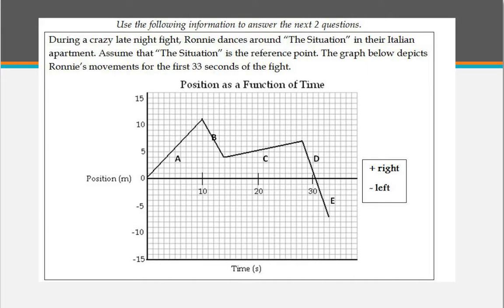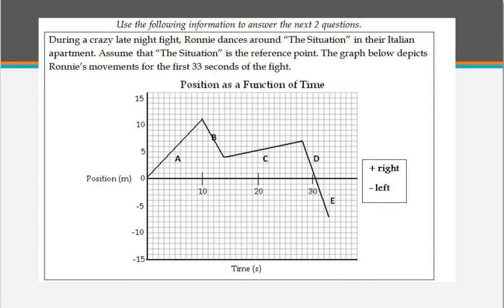Okay, so during a crazy late night fight, Ronnie dances around the situation in their Italian apartment. Assume that the situation is the reference point. The graph below depicts Ronnie's movements for the first 33 seconds of the fight. So if you look at the bottom slide in your book, it says determine Ronnie's velocity for section B of